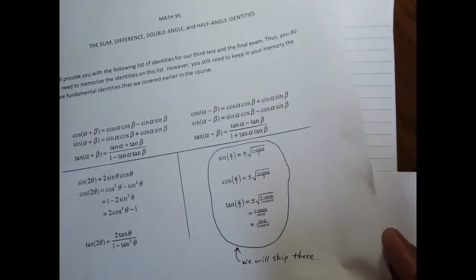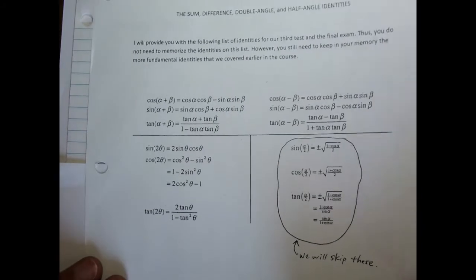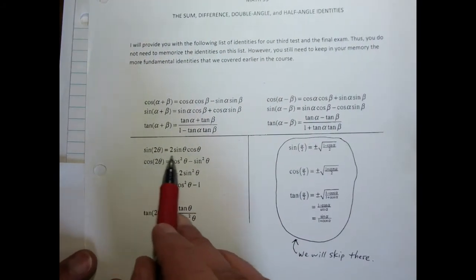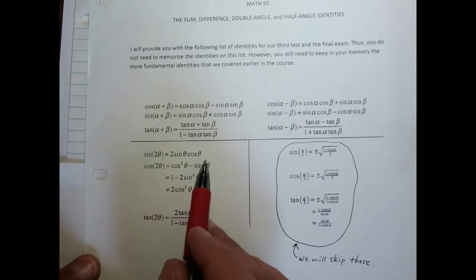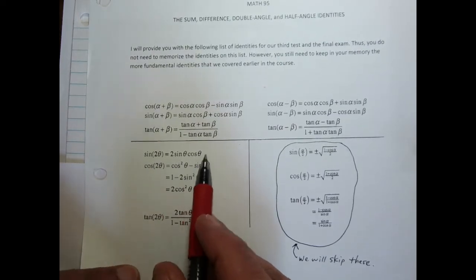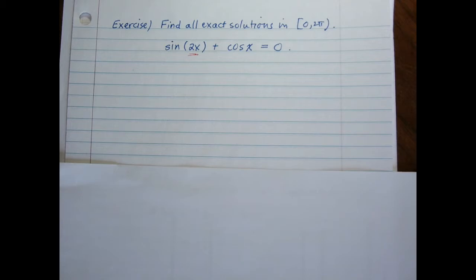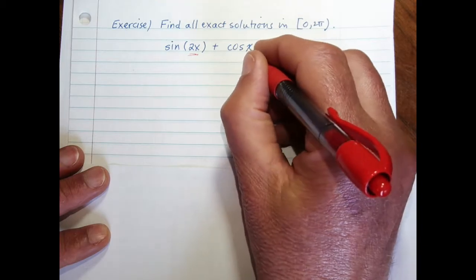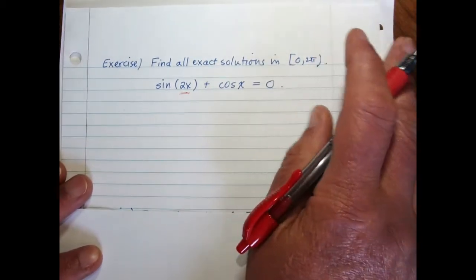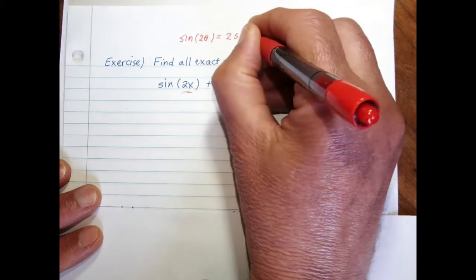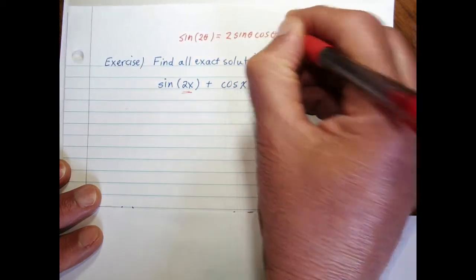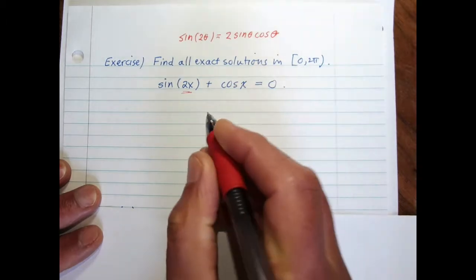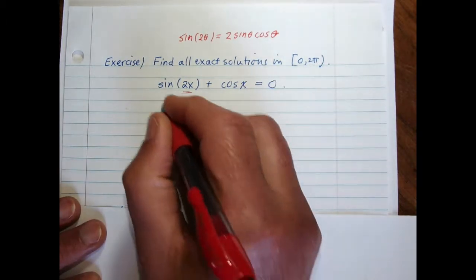So I whipped out my trig identity sheet here, and recall that we have this double angle identity for sine. Sine of 2 theta is 2 sine theta cosine theta. What might make me think of this? Well, when I see that sine 2x, we're going to apply the double angle identity. Maybe I'll write it up above here. Sine 2 theta is 2 sine theta cosine theta. So you don't have to have it memorized, but you need to be ready to apply it in certain situations,